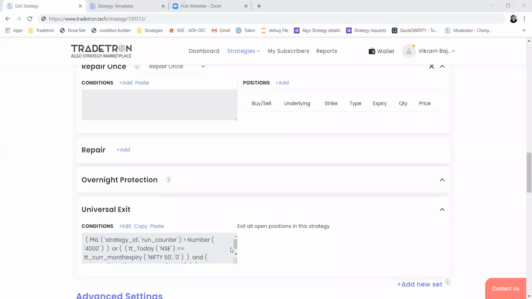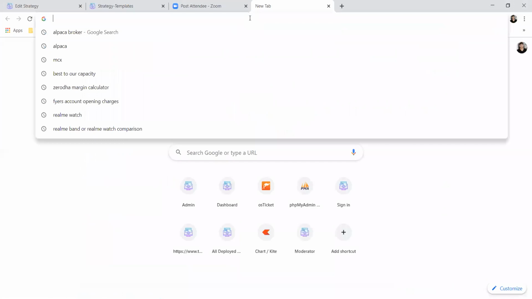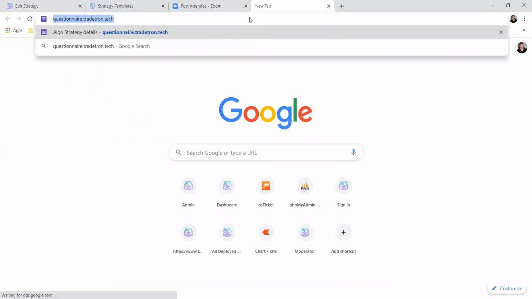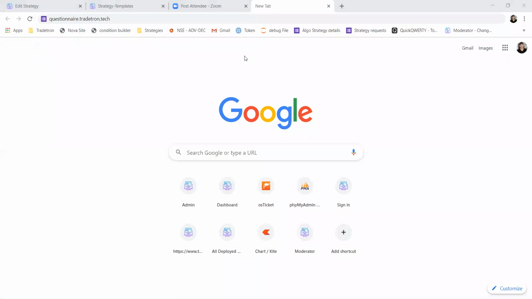I have a strategy on Bank Nifty future, how to create it? You can check some previous templates, duplicate one and modify the conditions as per your need. Or else you can write to us on this link. You can update the strategy conditions and we'll get back to you with a code and timeline for your strategy to be created.